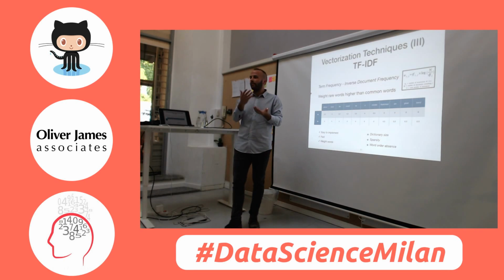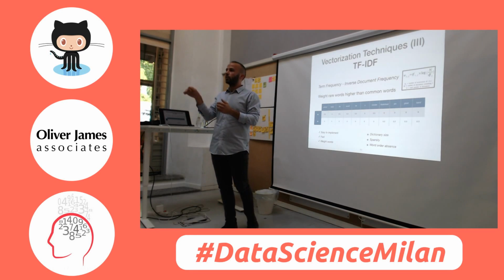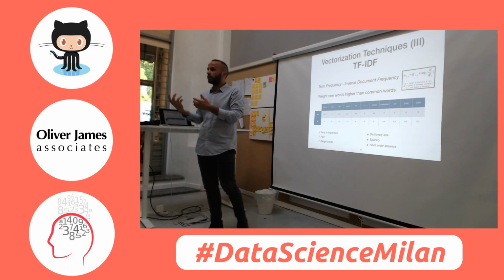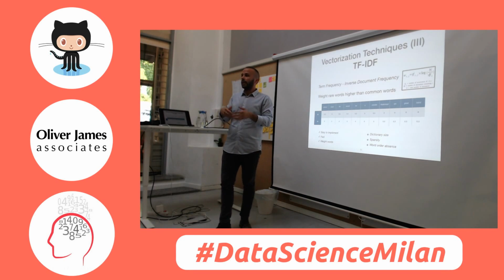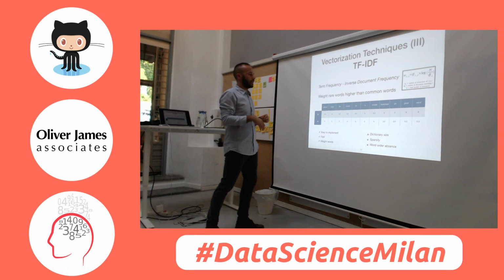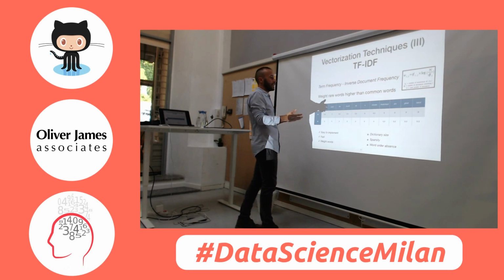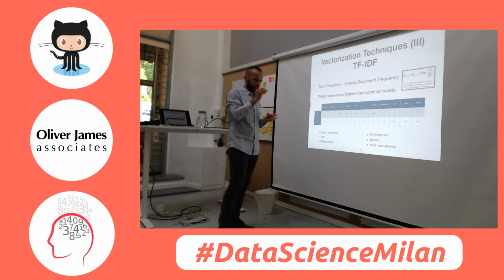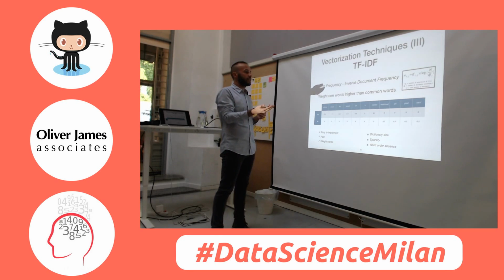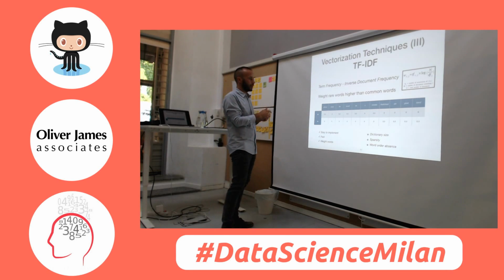Instead, if we have some rare words that at the same time contain a lot of meaning for us, in bag of words, they have the same weight. Now, what Tf-Idf does is try to weight those words in a way that common words don't matter that much, but rare words do matter, and that's what we're trying to do with Tf-Idf. That's a mathematical form, but it's telling us that the number of documents that a word is in is going to give us the weight of the specific word.